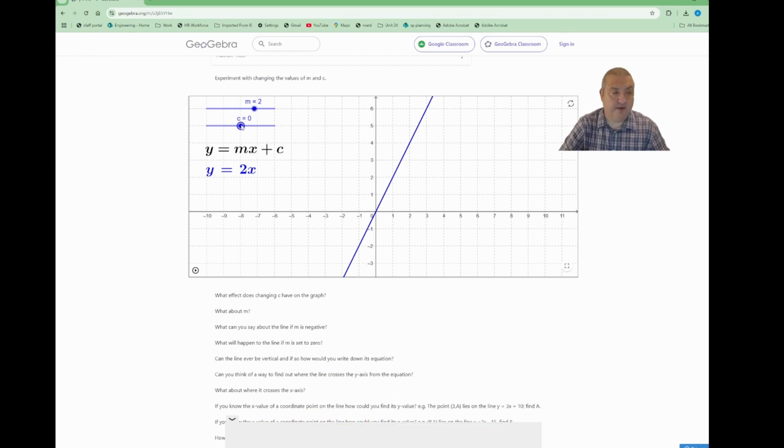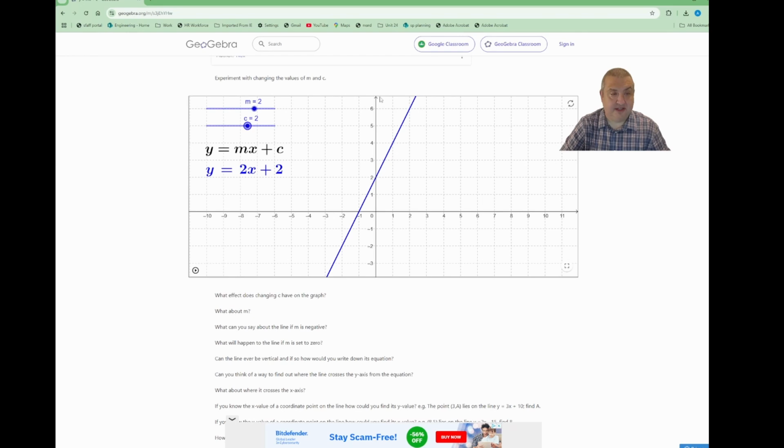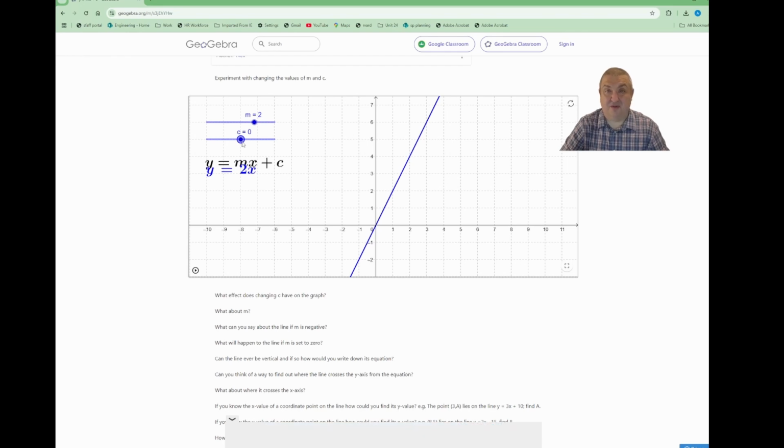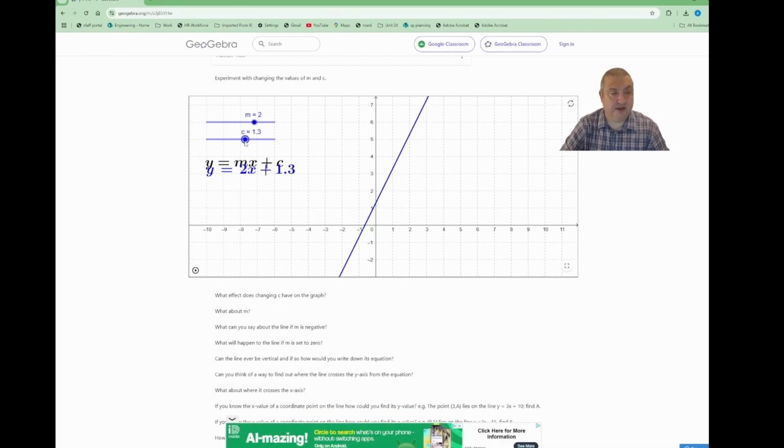But what about this c figure at the end here, this constant? This constant, as we move it, you see it moves the graph up. Or if we go negative, it moves the graph down. Basically what this figure relates to, let's move to 2, is where it crosses the y-axis line. So before we had it at 0 and it kind of disappeared out the bottom, y equals 2x, because obviously we won't write plus 0, there's no point, is there? But if we move it to